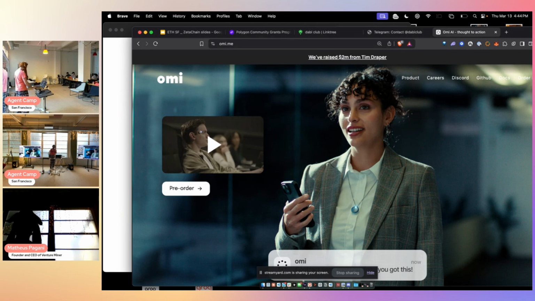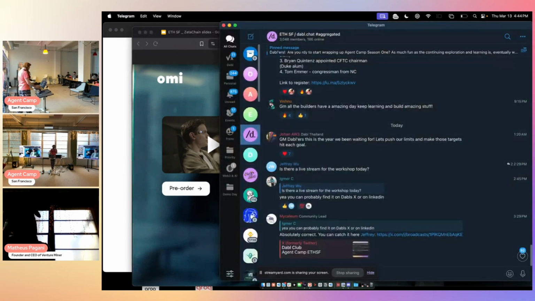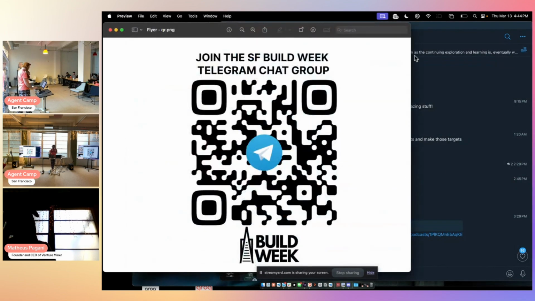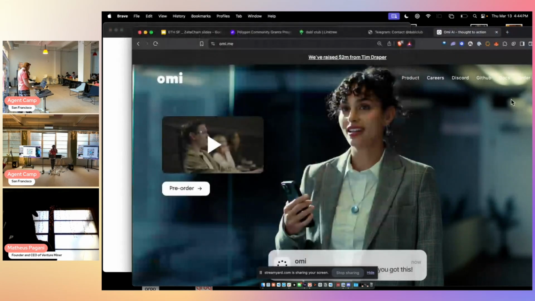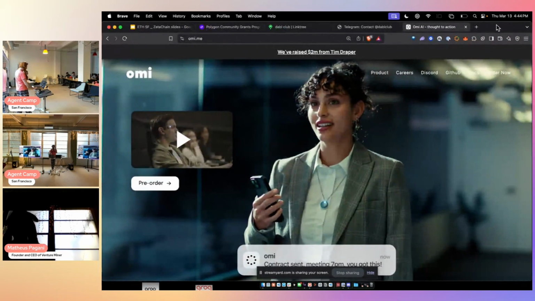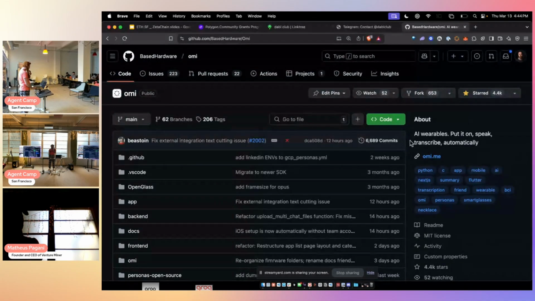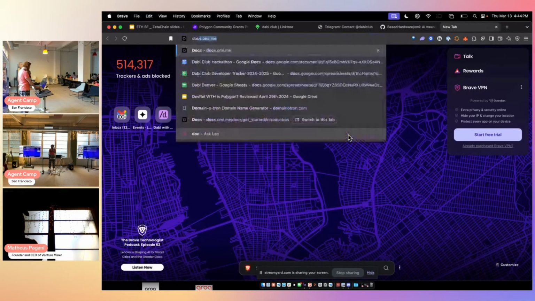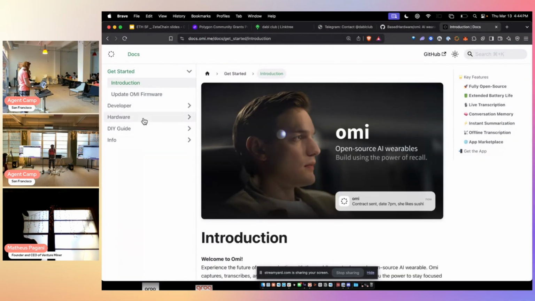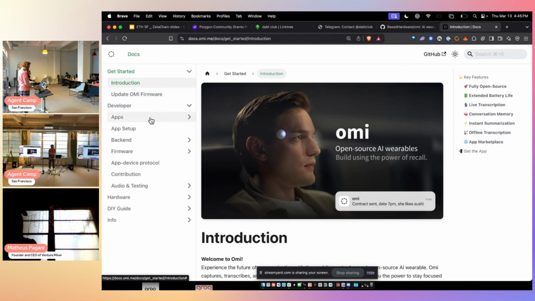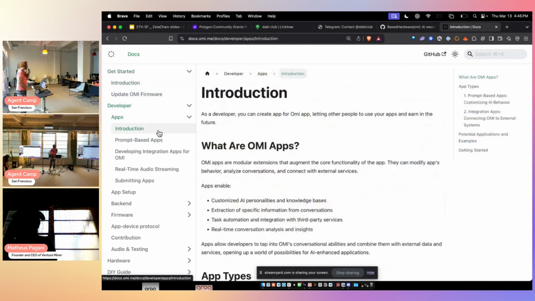Anyone notice that my cursor has disappeared? There we go. All right, on the OMI website you can click on GitHub, and this is a good place to start. You can also go to docs.omi.me, which is a great place to start. If you want to start building for the OMI hackathon, go to the developer section, go to apps, and go to introduction. This is the starting point you'll want.